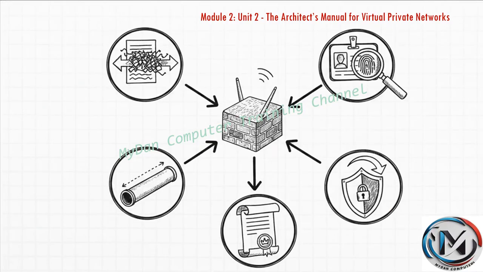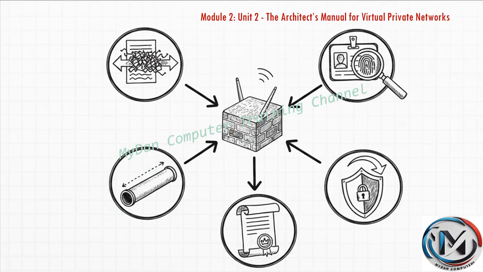But here's the thing. For that tunnel to actually survive the wild west of the public internet, the routers and firewalls on both ends have to flawlessly execute 5 core security mandates. First, encryption, to keep your intercepted data completely confidential and unreadable. Then, authentication, to verify exactly whose identities are communicating. Tunneling comes next to safeguard those identities in transit. You also need replay prevention to guard against malicious actors repeating packet sends. And finally, non-repudiation, which is just a fancy way of guaranteeing that the data arriving is 100% accurate and unaltered